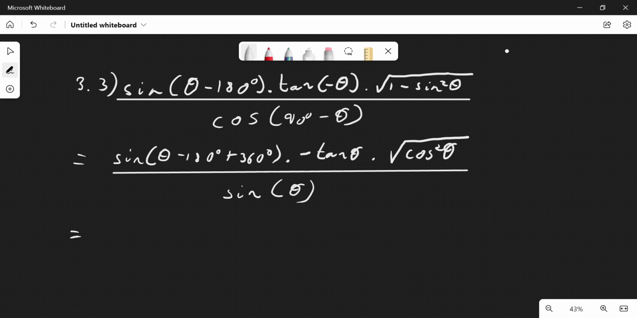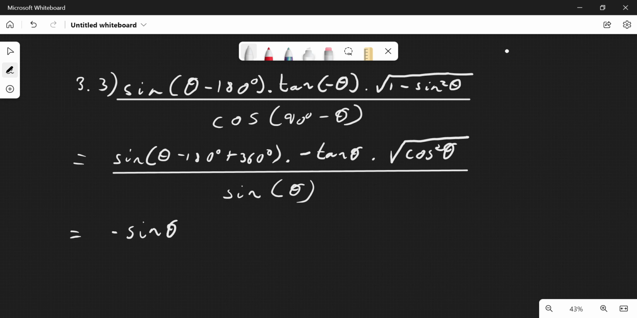Sine is negative in that quadrant. Let me just make sure I did that. Yeah, sine is negative in that quadrant, so it's the sine of 180 degrees plus theta, right? Because 360 minus 180 is positive 180. All right, so we know sine is negative in the third quadrant, so that's going to give us negative sine